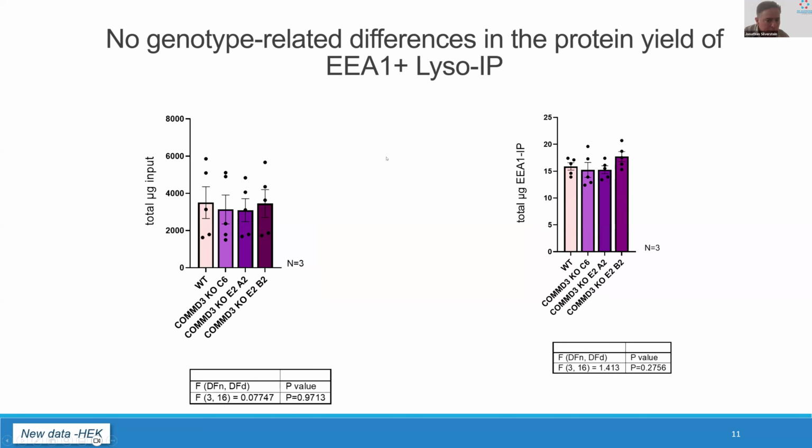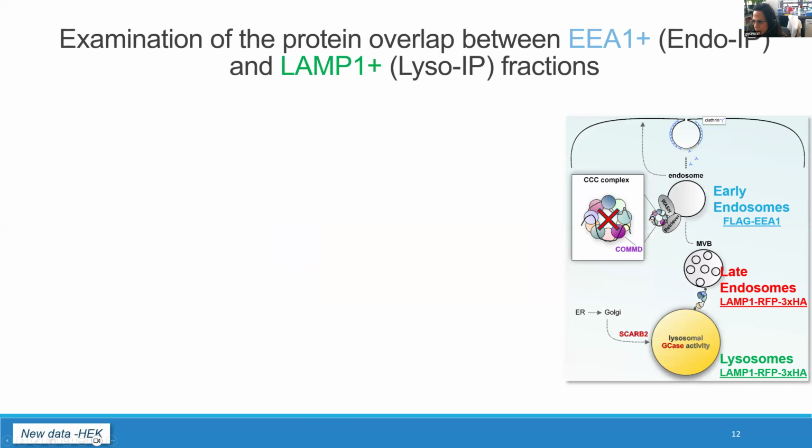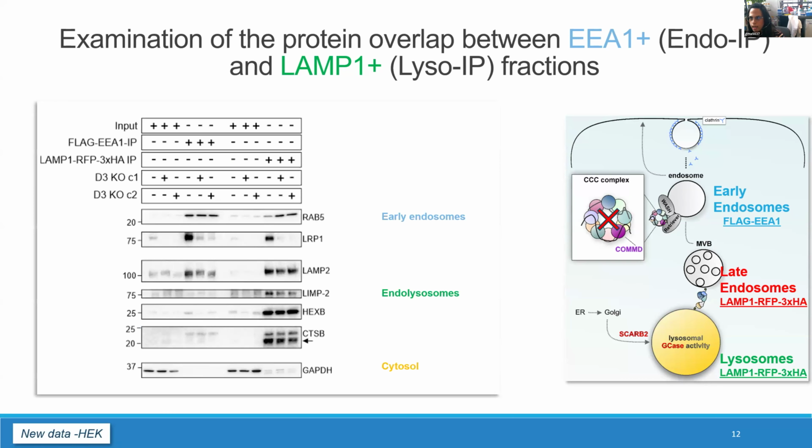But now there was another interesting question for me. So one question is to find adapter proteins that can explain the impact of commander complex. Another one is, could this experimental setup answer whether certain lysosomal proteins are stalled in early endosomes or late endosomes or lysosomes? So for that, I asked whether by putting both EEA1 and LAMP1 fractions on a blot, how well are these fractions really separated?